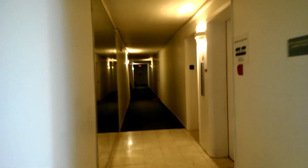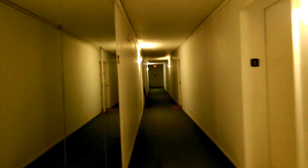Before we go down, we'll take a look at the hallway. Here it is. And here we have some nice old Westies. Westinghouse. Ooh, shake. If you listen closely,